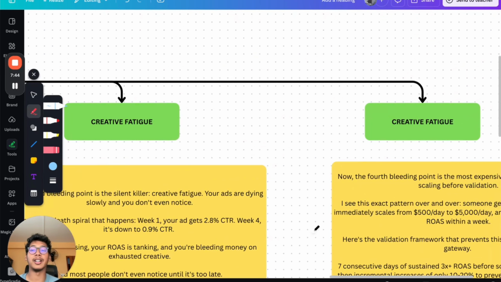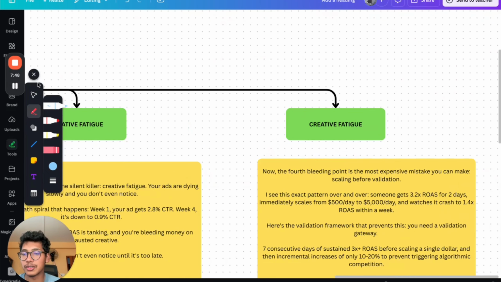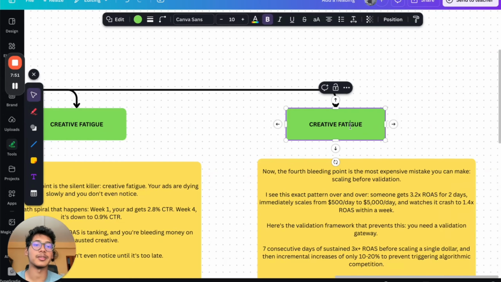So for the final thing, this should not be. This should not be this. Give me a sec. This is basically scaling